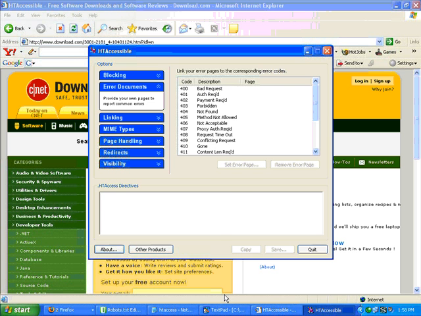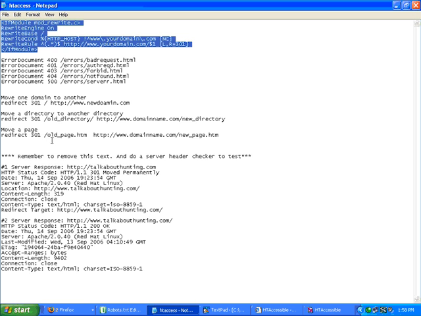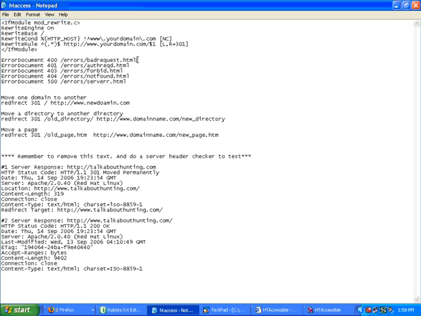In our htaccess file we included some of the most important ones. Basically, what will happen is, let's say someone tries to request a page on your website that is not available, they typed it in wrong,